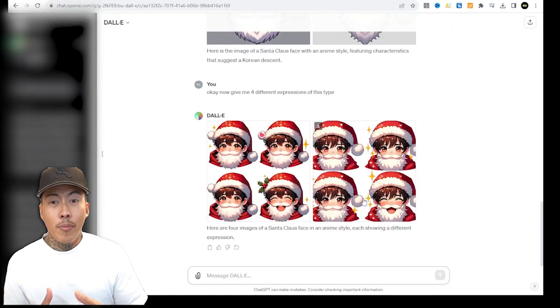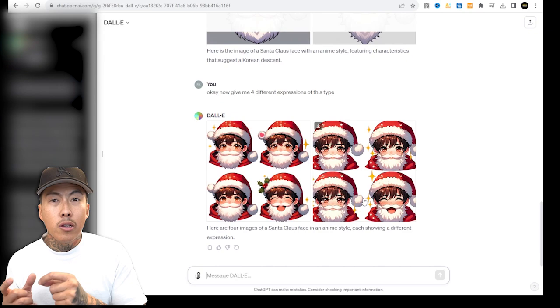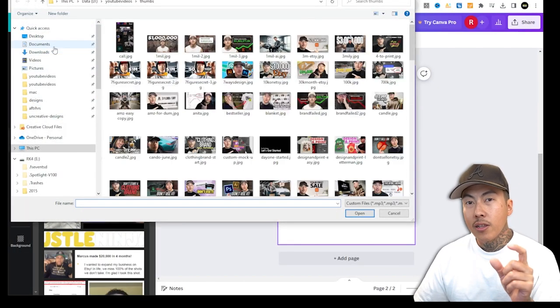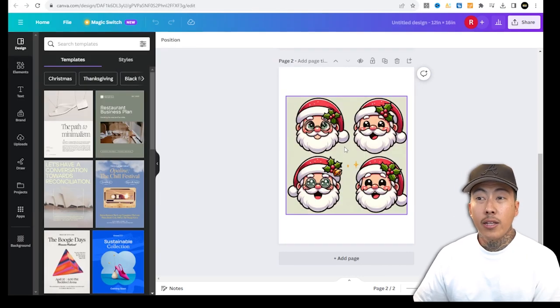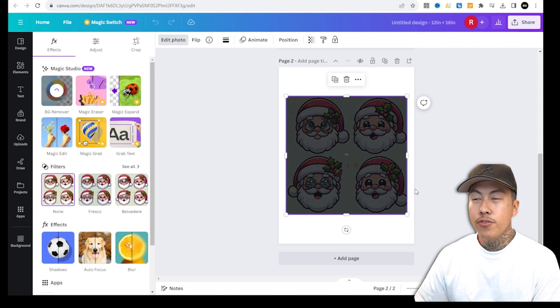And you don't even have to just think about Santa alone, right? You can think about multiple different types of t-shirts that are similar where you can just add your own little spin to it. So while ChatGPT is loading up designs, I'm gonna come back over here, click upload. So now that I have Santa uploaded, I'm gonna click on it, click edit photo, click background remover, and boom,